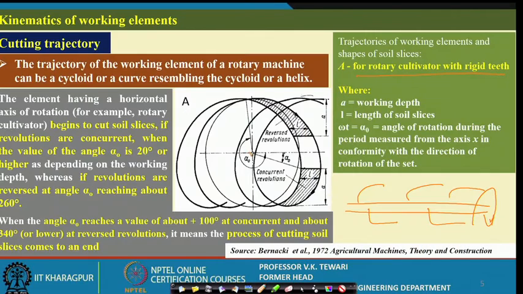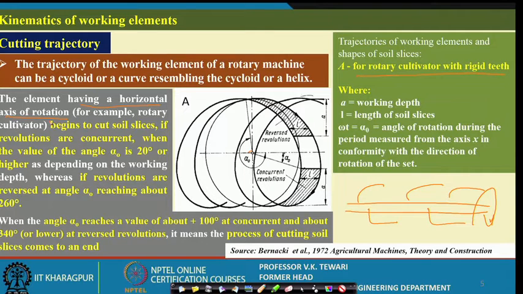How does it cut while in rotation? Let us have a look at it. See, when a rotary cutter with rigid teeth, or any one of the blades which we have shown earlier, any one of the blades, what will happen is this is the center over here. So, from there, when the element is having a horizontal axis of rotation, during horizontal axis of rotation, it is